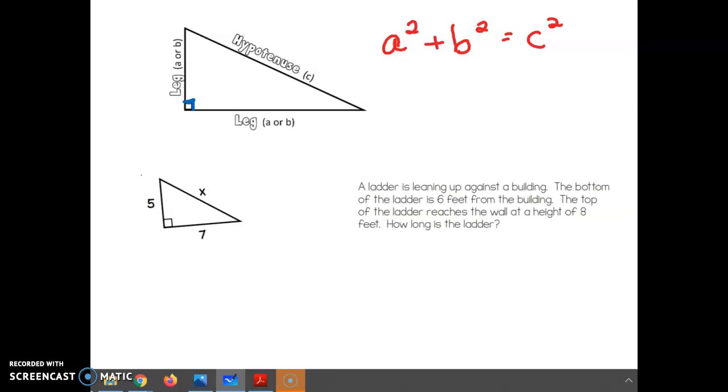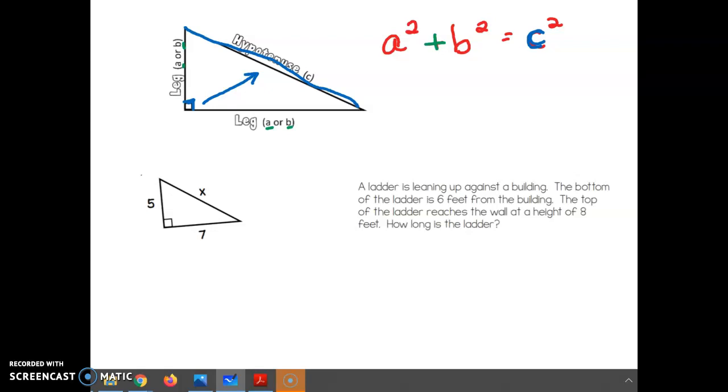And so when we talk about a right triangle, that means we're going to have this side c, which is our hypotenuse, the longest side of the triangle, opposite the 90-degree angle. When we look at the A and the B, you can switch them, right? Each leg is A or B. That doesn't matter because all we're doing here is adding them up. So a squared plus b squared equals c squared is called the Pythagorean theorem, which holds true for our right